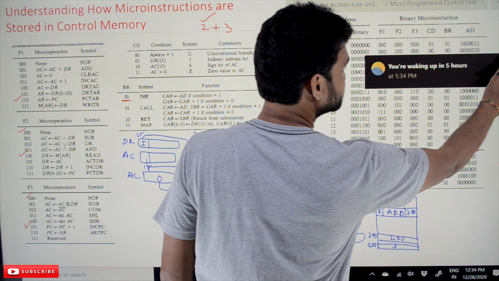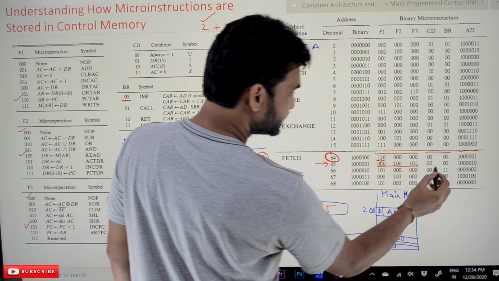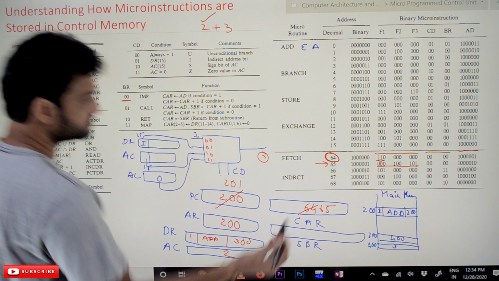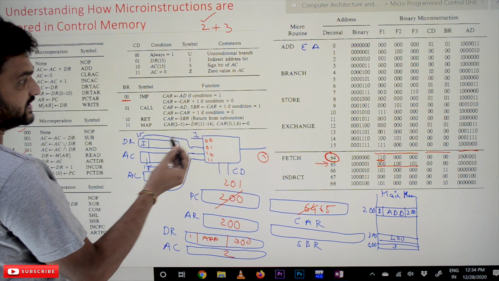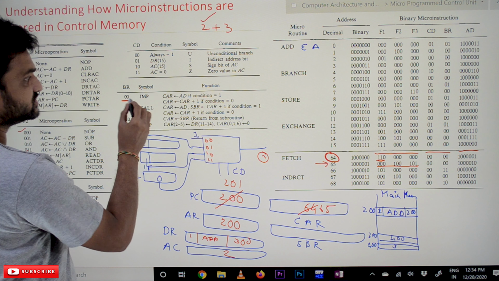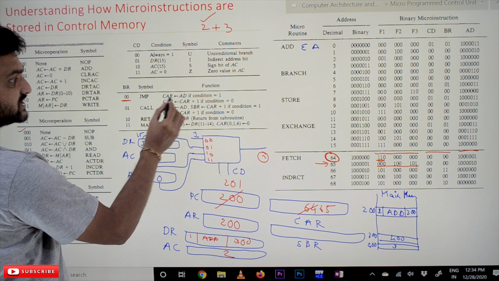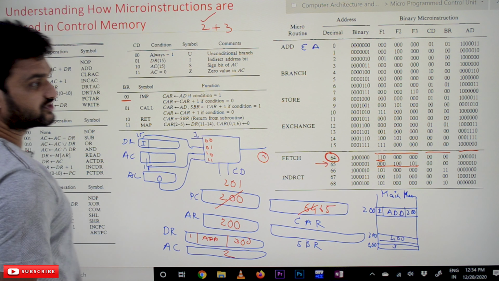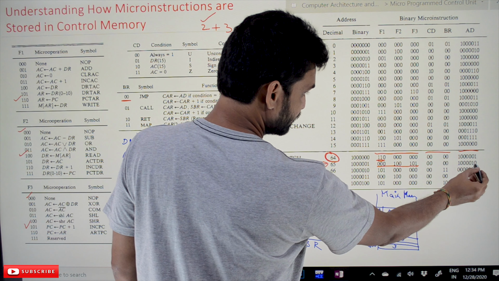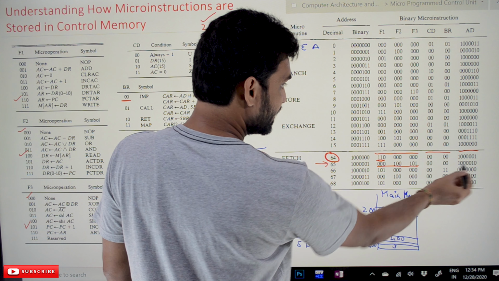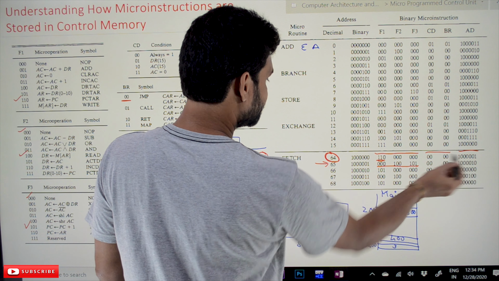Next is the status bit part, 0 0 0 0. The first 0 0 means always 1, so the condition is 1, and the next 0 0 means a jump: the address value has to be transferred onto the control address register. The address value is 66.